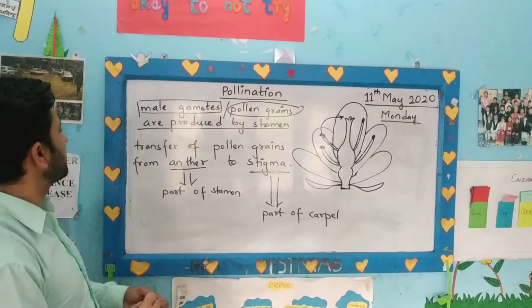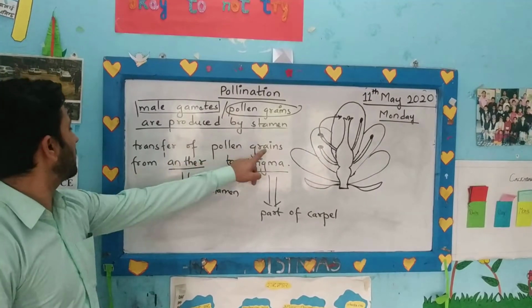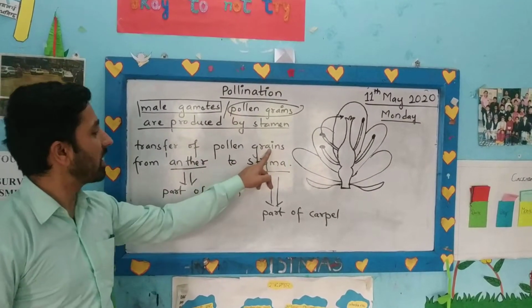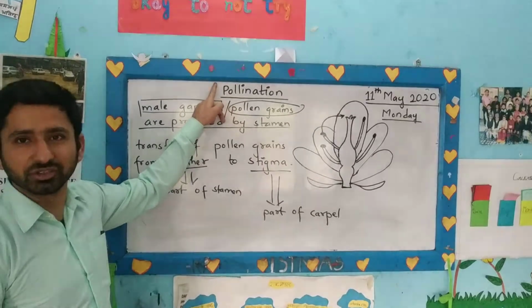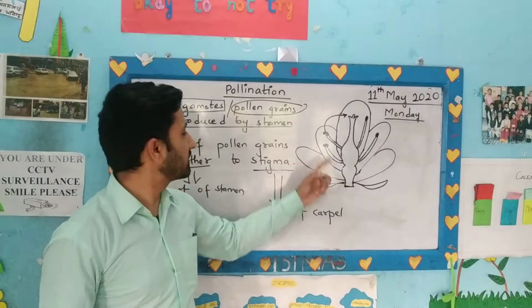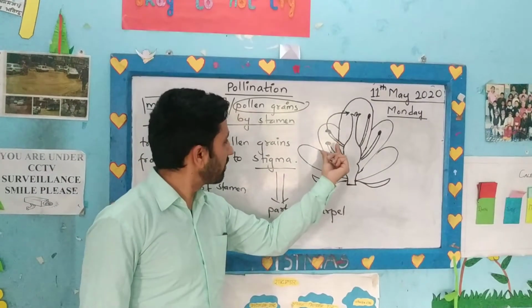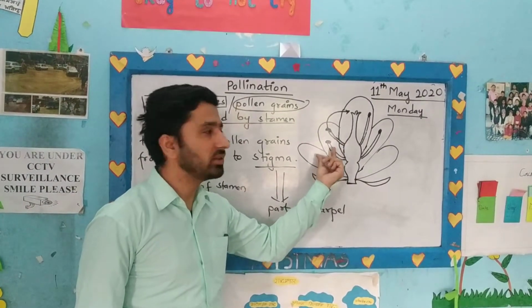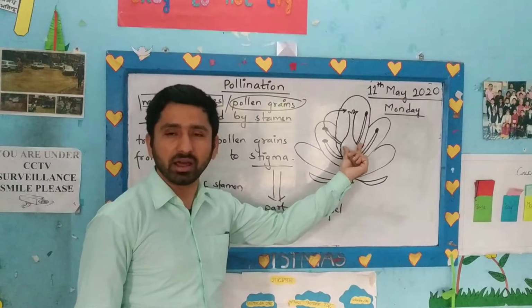This process, that is the transfer of pollen grain from anther to stigma, is known as pollination, and when it happens in a single flower, from the male reproductive part of the same flower to the female reproductive part of the same flower,